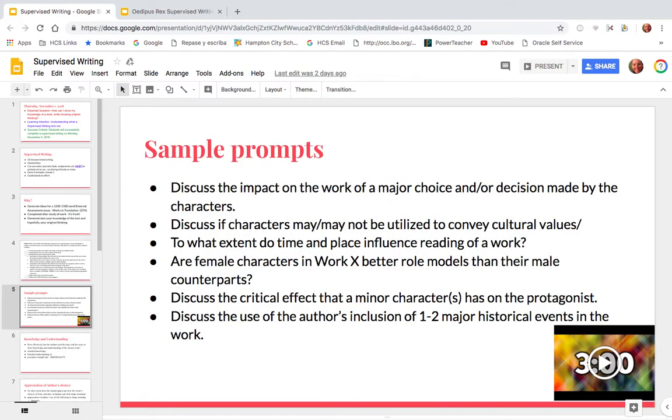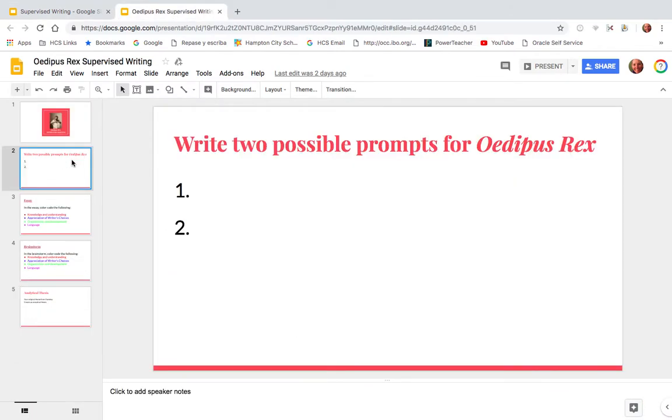So here are some sample prompts that are generic. You can read over these and see what type of prompts you will have. For the assignment for this, you will go to here, and I just want you to write 2 possible prompts for Oedipus Rex. What do you think would be possible prompts that I could use for Oedipus Rex? Just write them in here. If you have this submitted by Sunday, I'll actually give you feedback, and that's early Sunday, not Sunday night, so you can get an idea of whether the prompts you put here are good, not so good, and what they should look like.